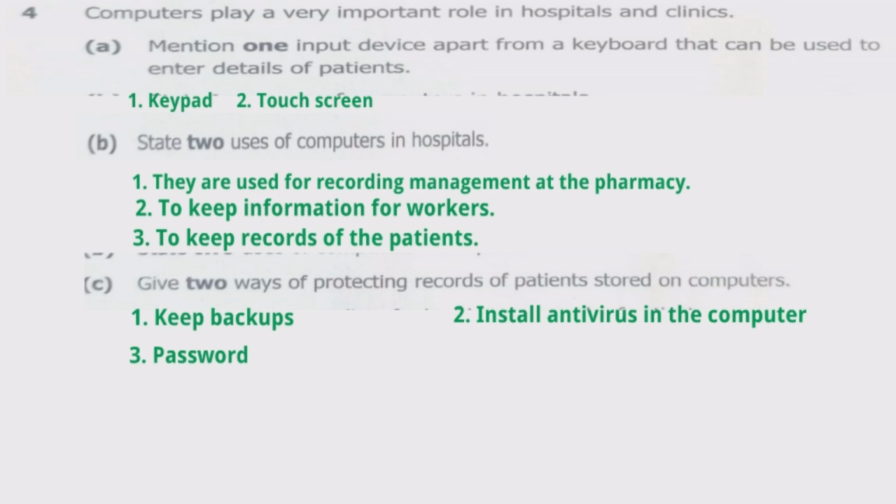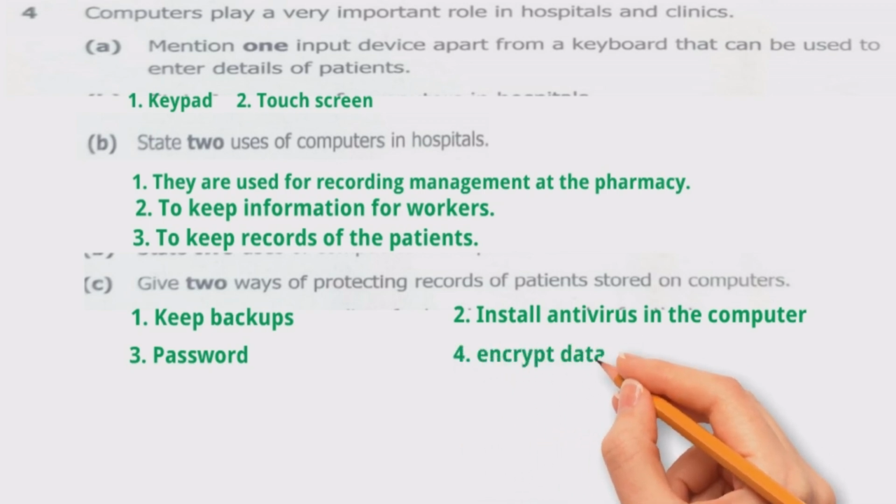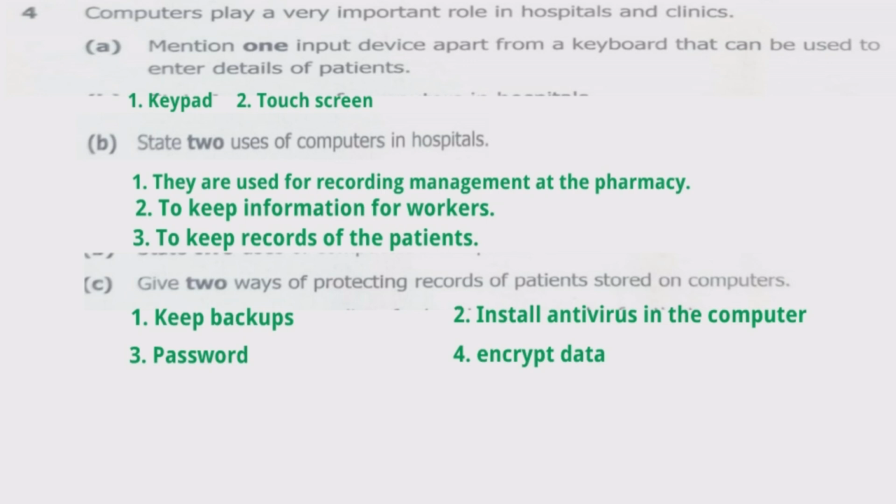I'll give you the fourth one, which is you can also encrypt the data. If you encrypt it with a password, that means if someone has to decrypt it, he has to use a password, then the information will be totally safe. So basically, those are the four ways you can